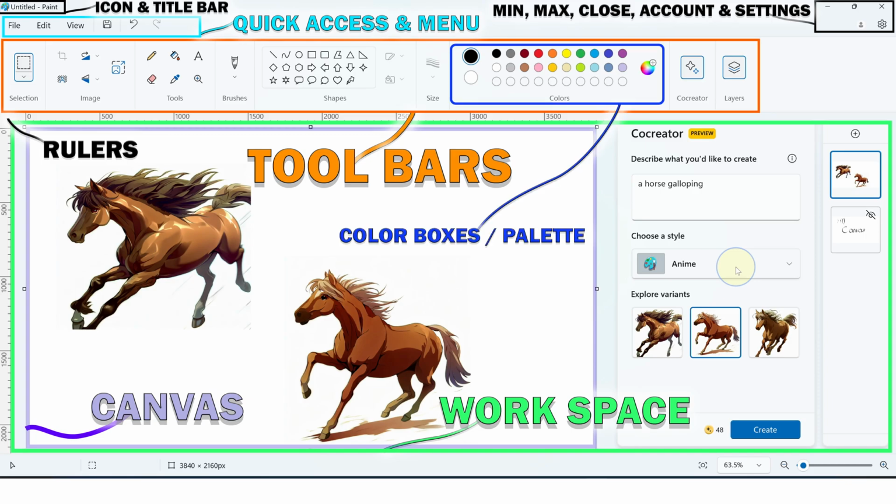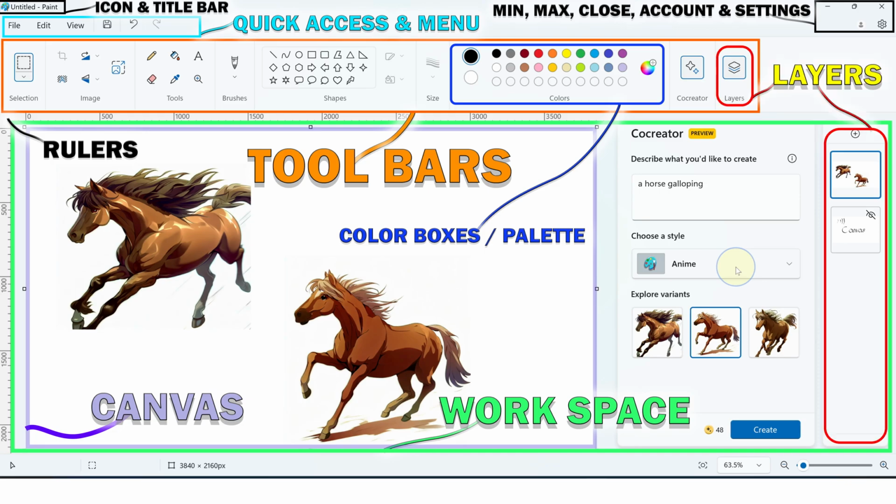The color box palette contains a variety of colors that users can use to color the image. Users can select a color from the palette or create their own colors. Here is a revolution: layers. Layers are used to stack different elements of the image on top of each other. This allows you to maintain more control over the image. For example, you can place the background on one layer and the foreground elements on another layer. This allows you to edit the foreground elements without changing the